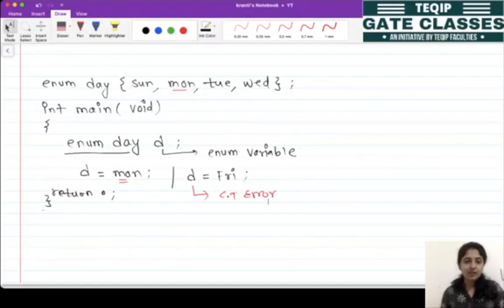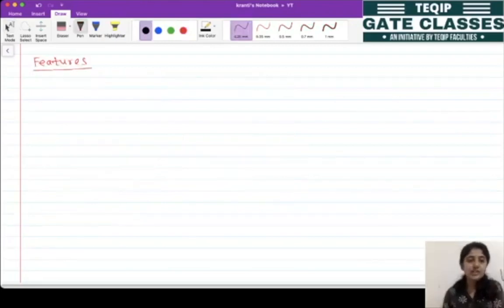Fine, so I hope this thing is clear. Okay, so let's see the features of enum. So the first feature is, when we define any enum, let's say this is my one enum, let's say the name is month